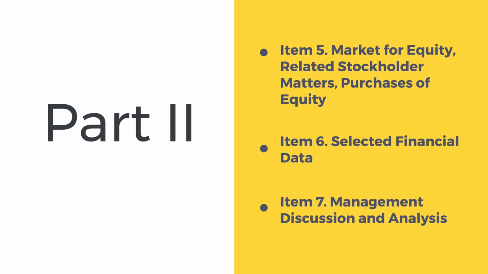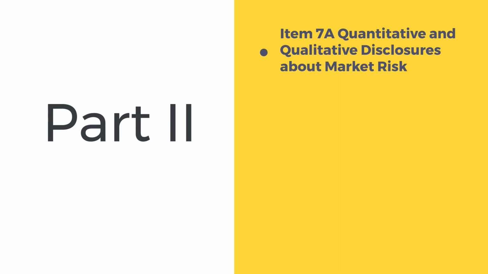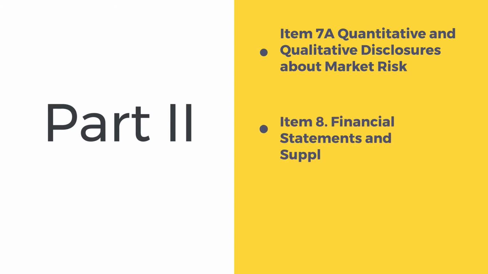Item 7A is quantitative and qualitative disclosures about market risk. So, for example, if a company has to deal with foreign exchange, and this is also where you'll read about the interest on their investments and things like long-term debt. Item 8 is financial statements and supplementary data. So, I hope you guessed, as an investor, Item 8 is the most important section in a 10K,